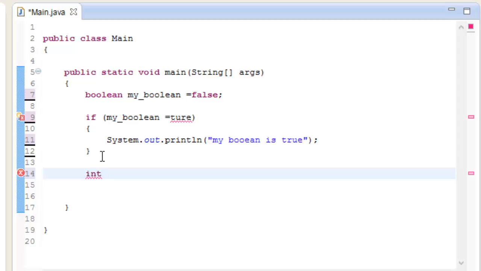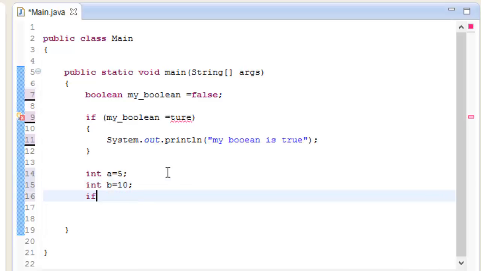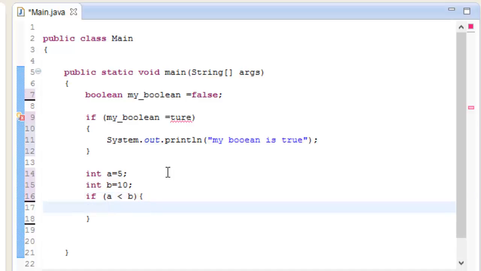Let me add int a and give it a value of 5, and close this. Int b is equal to 10. So I have added two examples here, and I'm going to check if it is true or false. There I'm going to add a is greater than b, and inside the curly brace I'm going to add